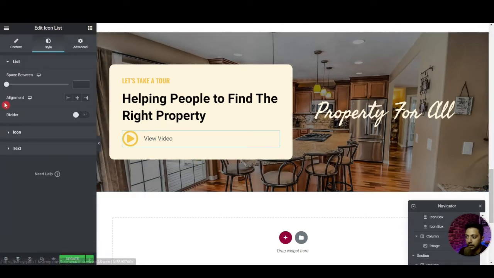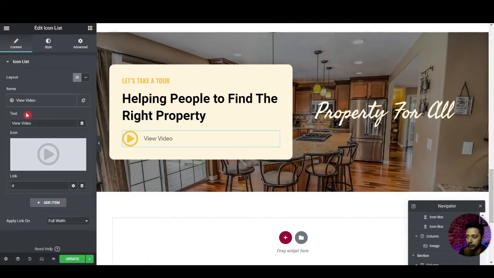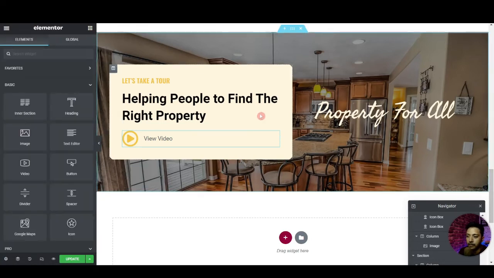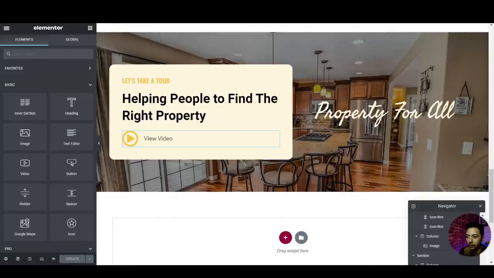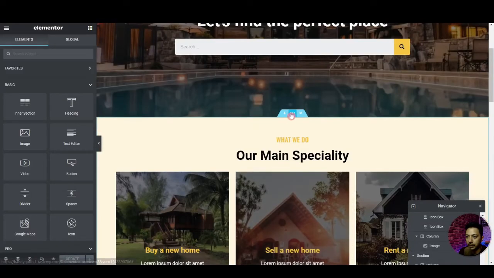And here we can give any link to our video content. So we can give the URL of the video here. Alright, so once that is done, let's update this. And after this, we have these latest listing option. So again, we are going to copy this block